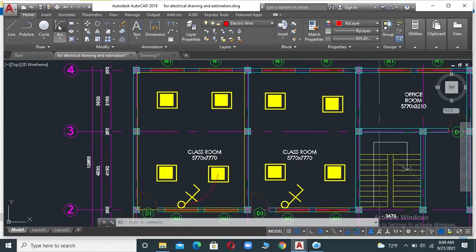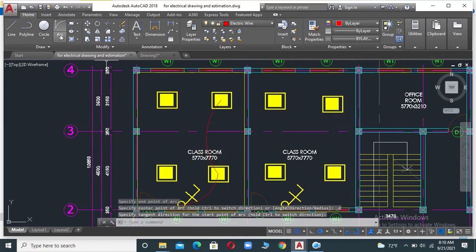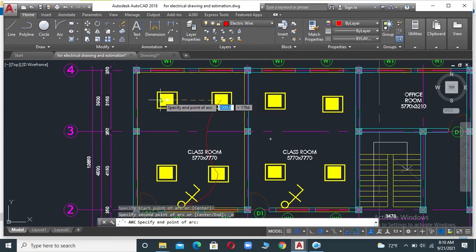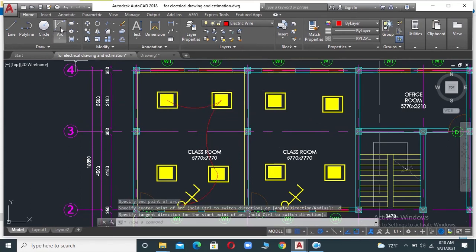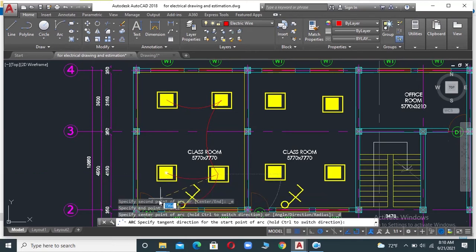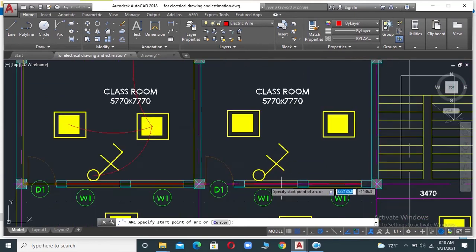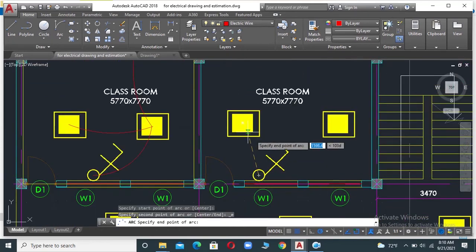Click again here, and then again here, again from here to here. So in this way we can draw the electrical wire in the electrical layer.